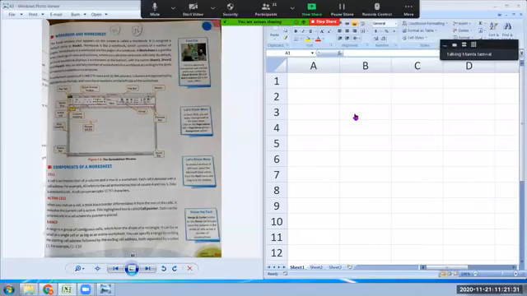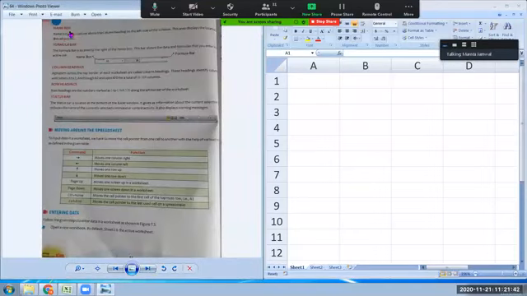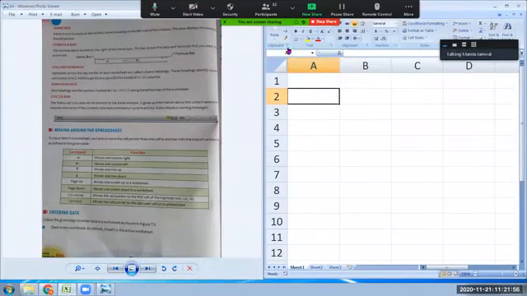So this is a range, right? I think all these terms, that is cell, active cell and range, are clear to you. Now next page we will open, and here we are given the name box. Name box is located above the column headings, on the left side of the window, and this area displays the location of the cell pointer. So it tells you which cell has been selected, and it gives you the location of the cell pointer, कि आपका cell pointer कहाँ पे है, or you can say it gives you the address of the active cell, right?